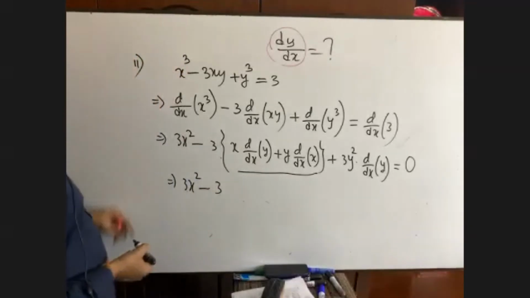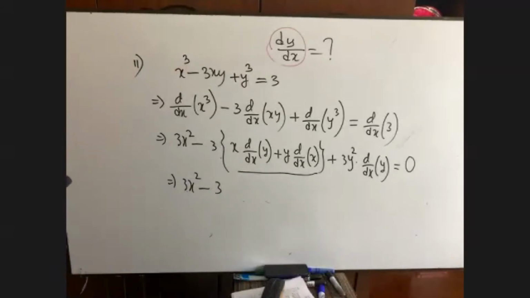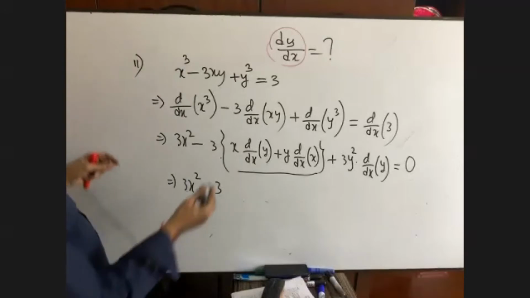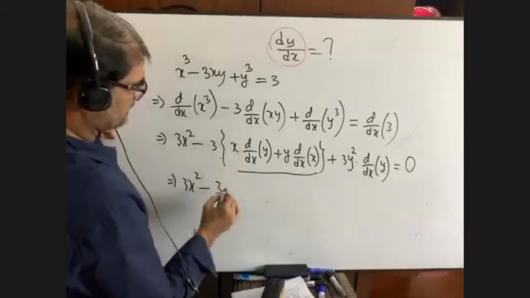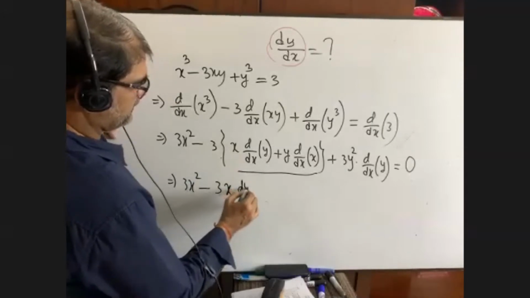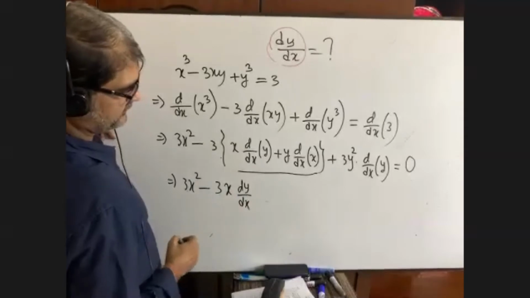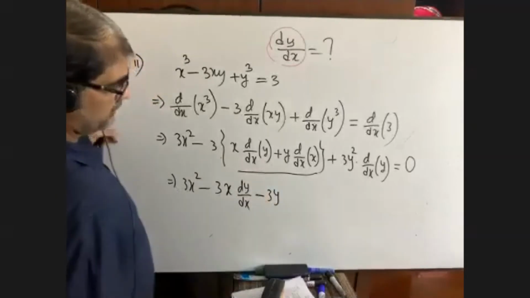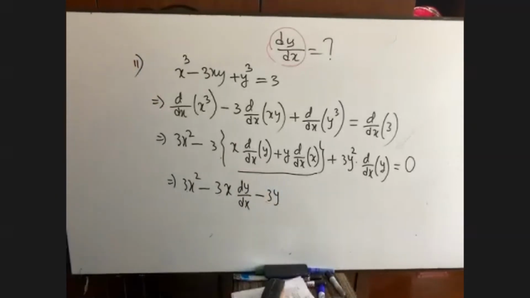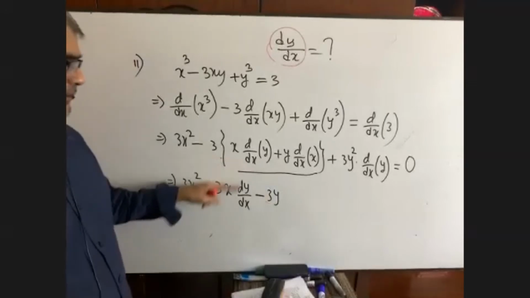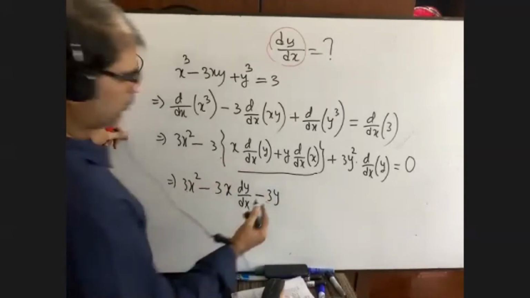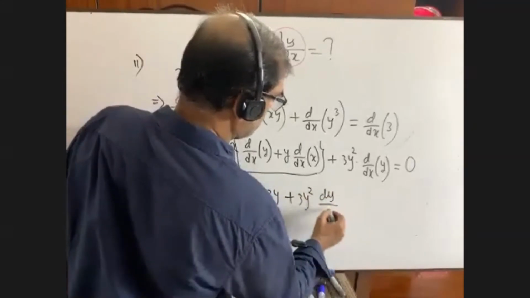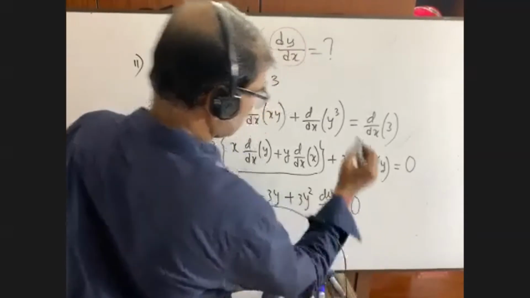If you know this part to do in one line, then your math will be very short because you will get some MCQs in the exam hall. So what is it? 3x, you see, 3x dy by dx. Can you remember? I wrote this minus 3 plus minus 3y. You always have to keep it in mind. Is equal to 3y square dy by dx is equal to 0.